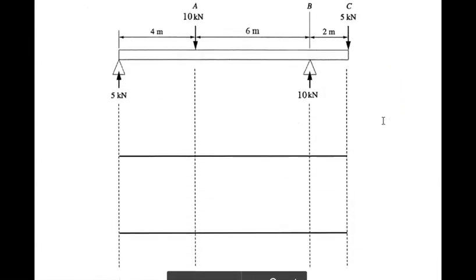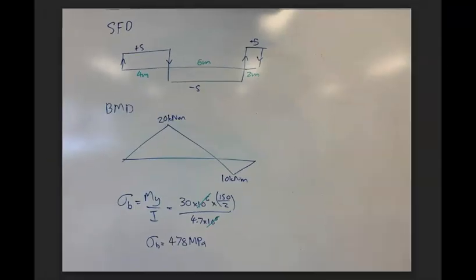Okay, so we have to draw these shear force diagrams. This was actually answered really well. A lot of people were able to draw a shear force diagram. So they drew up 5,000 newtons, then down 5, went across, up 10, down, up 5, down 10 to -5, across, up 10 to +5, and then down, going across, and then down back to 0. So that's what the diagram looks like. And then the bending moment diagram,